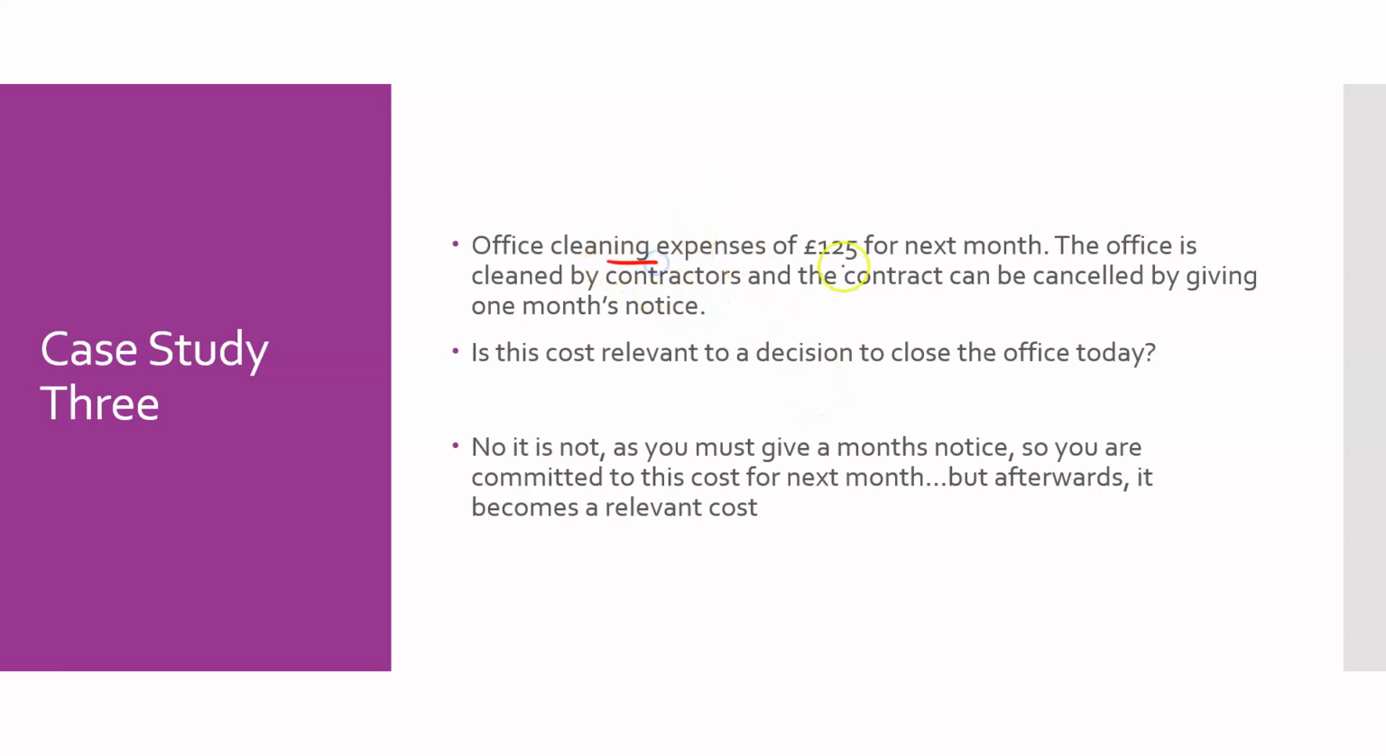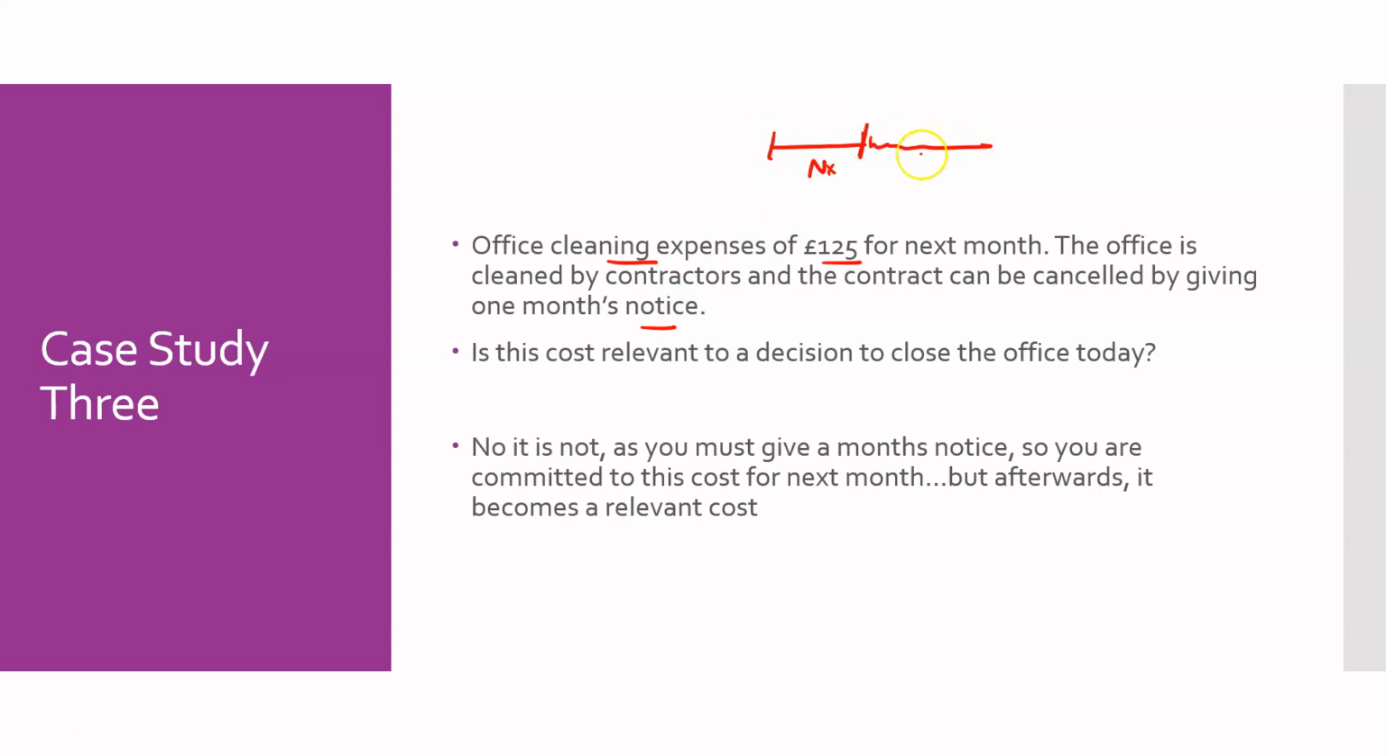Office cleaning expenses of £125 for next month. Watch it carefully. What they're saying here is that you pay these office expenses of £125. The office is cleaned by contractors, and the contract can be cancelled by giving 1 month's notice. So you want to cancel the contract, but you are already committed to paying next month anyway, before you